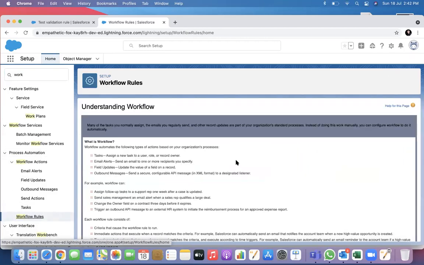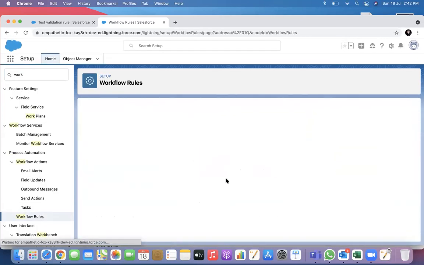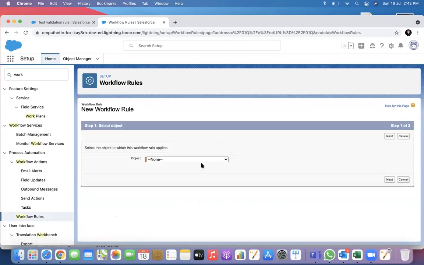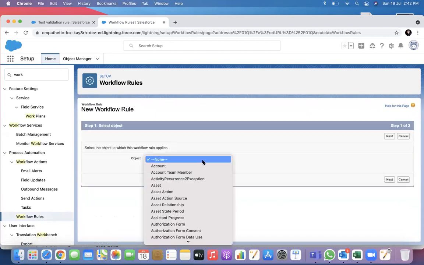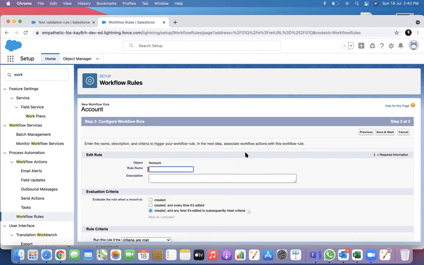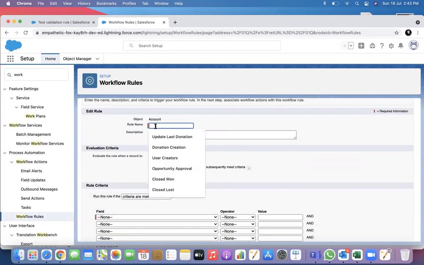So this is the workflow rules. Here, the first job to create the rule is which object should I fire it on? Maybe on the account object. What is the rule name?